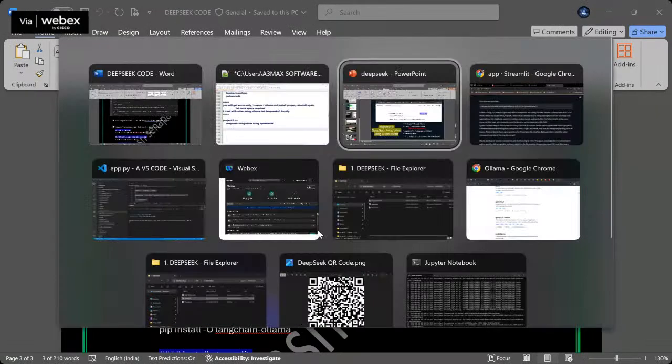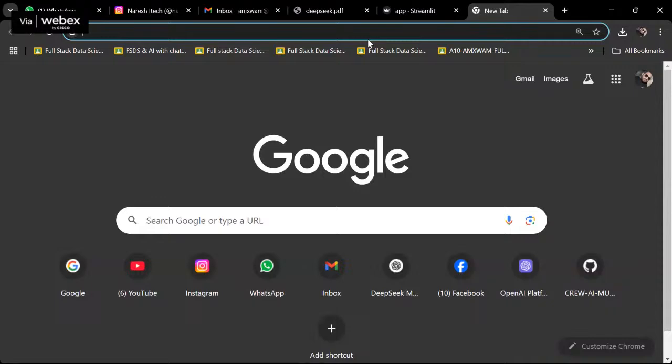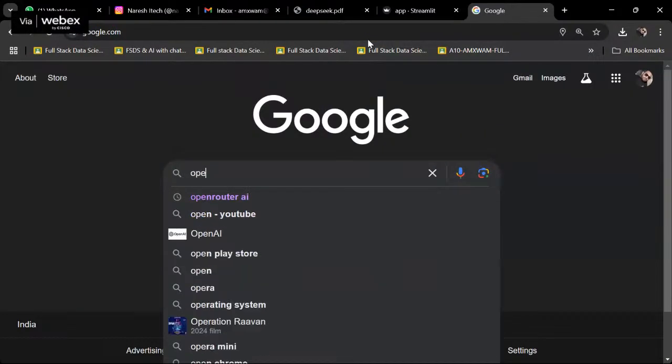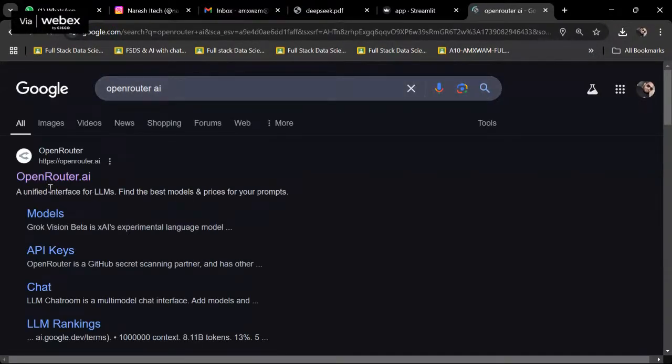If you go to Google, the first result is OpenRouter AI. Do you see OpenRouter AI? This is another interface where you work with LLM models. Interface means broker, mediator. Hugging Face is a mediator where a user can work with LLM models. Pretty clear?